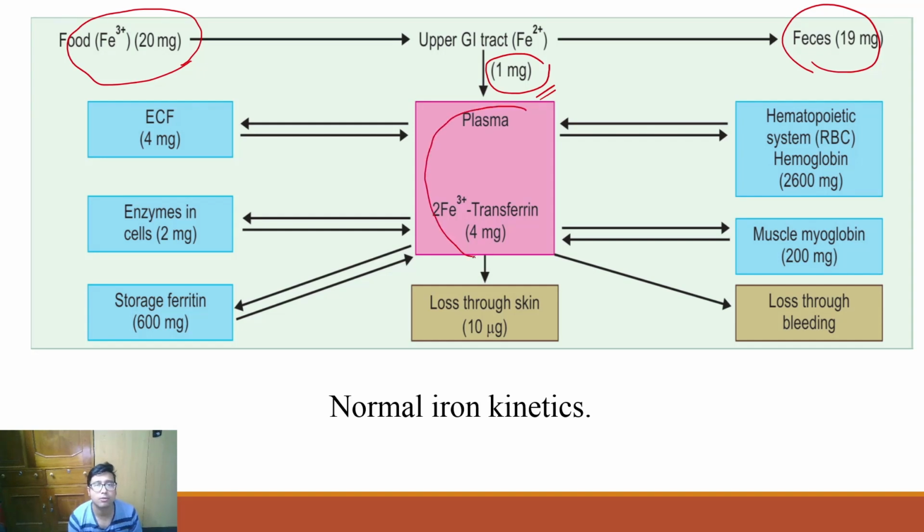This is a junction. As you see, there are important junctions in train stations from which trains will go and come back to various other terminal stations. So plasma is a junction of iron. From here there are two dead ends. Number one dead end is an accident where there is loss through bleeding. It may be accidental bleeding or routine bleeding in case of females, where there is a loss of iron via menstrual bleeding. And the next is loss through skin. In case of insensible perspiration, iron is also lost. So these are the two routes in which iron is lost.